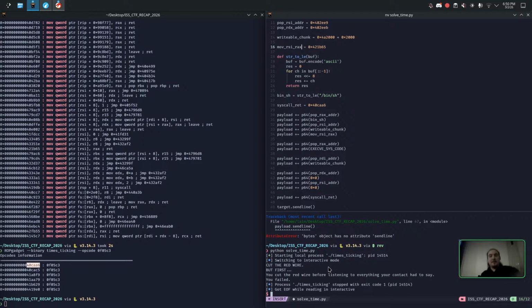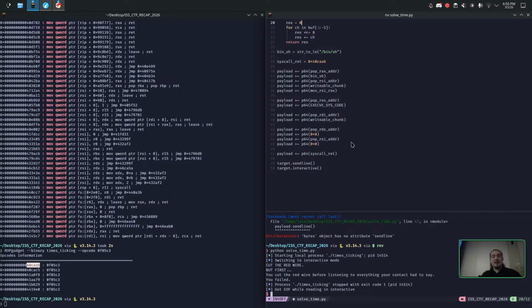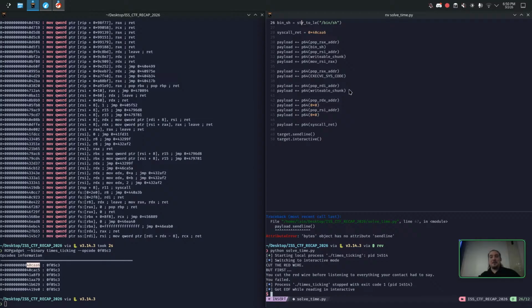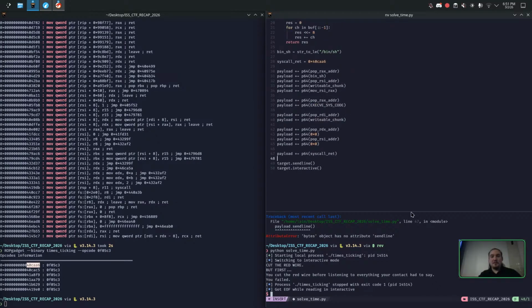there's something off with the exploit chain, but honestly, I think it's good because we have an opportunity to actually view the exploit chain in motion. So what I'm going to do is before I send that off, I'm going to run pause. And this is another Pwn Tools feature. It will pause the program itself as well as the script. And that will give us time to attach a debugger to the process,